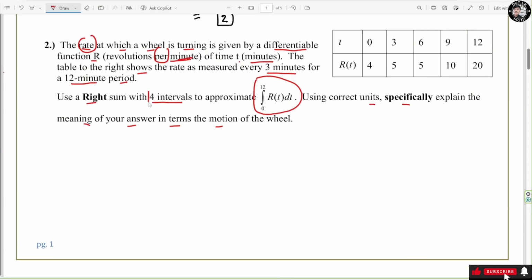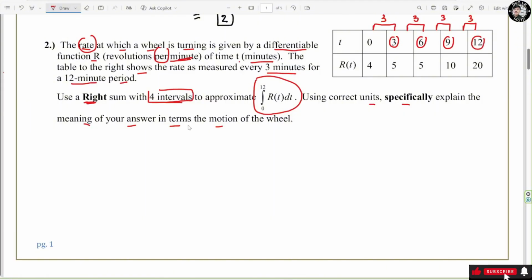We see that we have 4 subintervals, right? So this one is the first interval, this one is the second interval, this one is the third, and this one is the last one, right? The width is 3, the width is 3, and 3, and 3, right? Now, using the right, so we're gonna pick the right one, which is this guy right here,